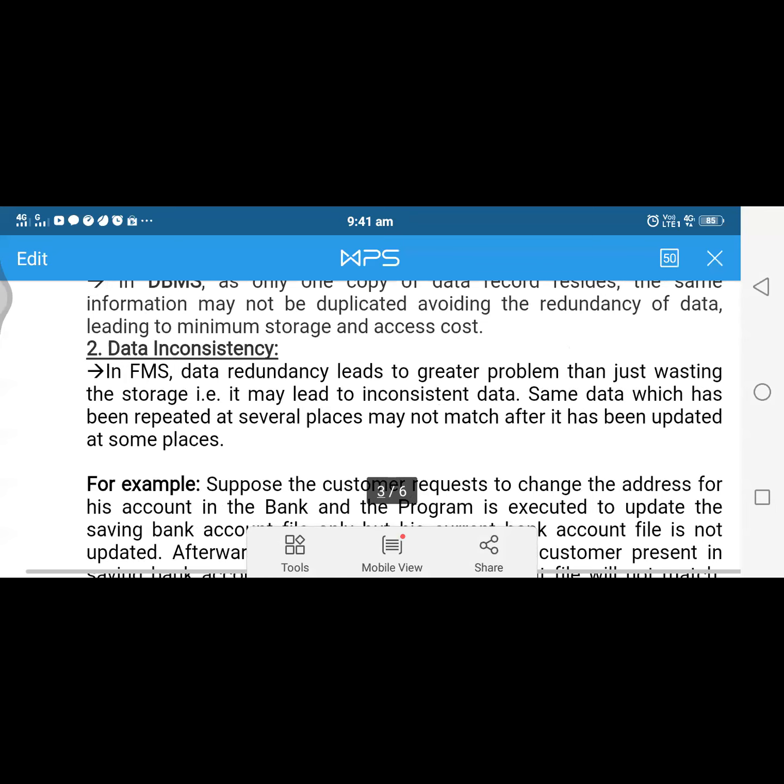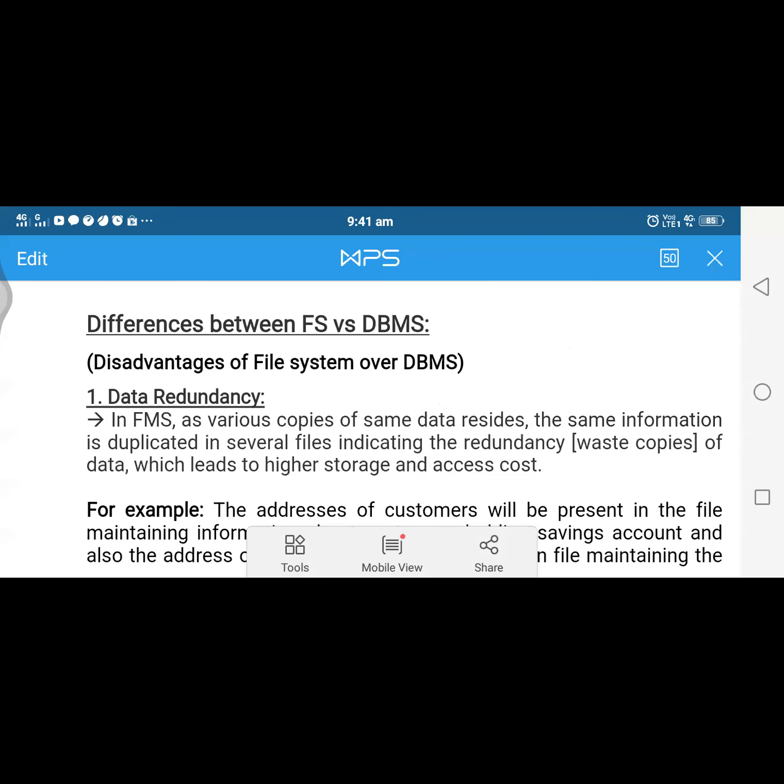So the main problem is data redundancy. So that means here we have the same type of data stored in a number of files. So it will lead to high errors. And maybe the cost, and not being able to retrieve the data easily. So it will provide data inconsistency. So when we need particular data easily, and that's why we are